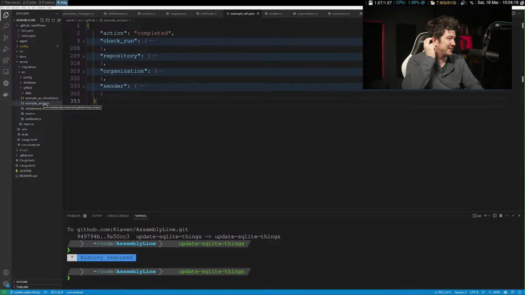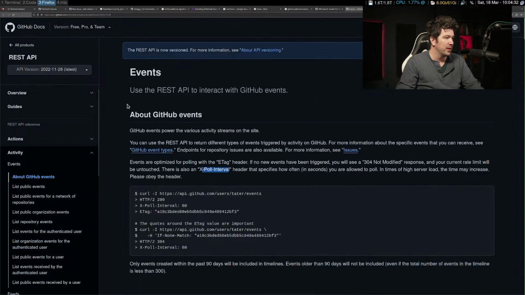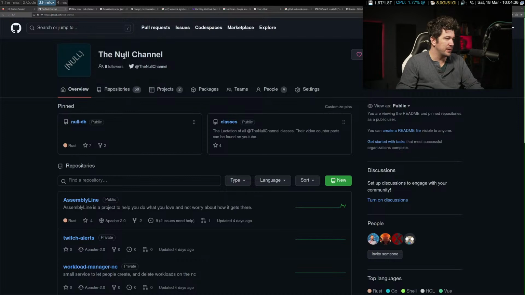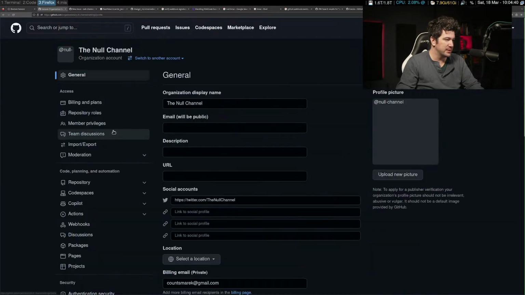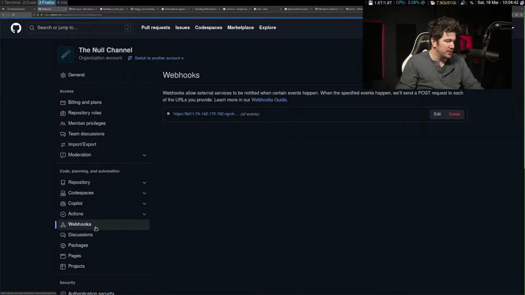Although this does actually pose a problem for us because we also don't have a way to track if we've gotten that event again because we can replay it. I can show you how to do that. Let's see. We can just jump over here. We can go over to our settings, our webhooks, this webhook,